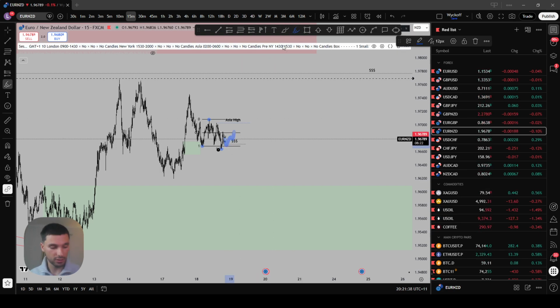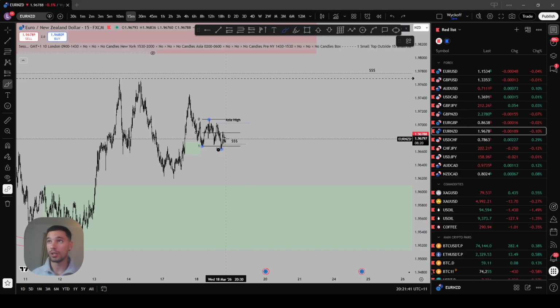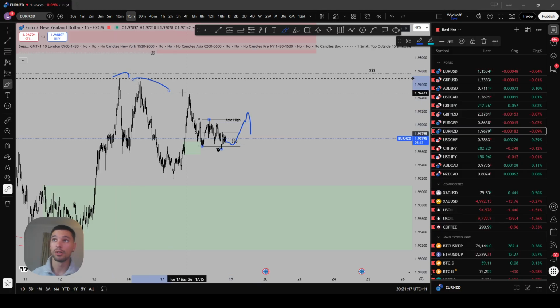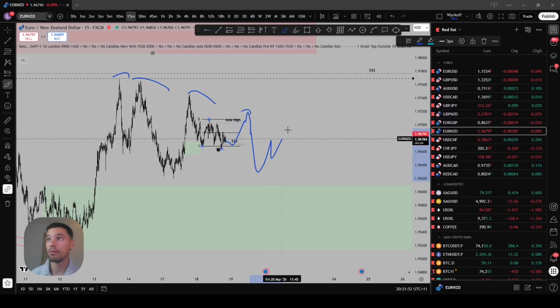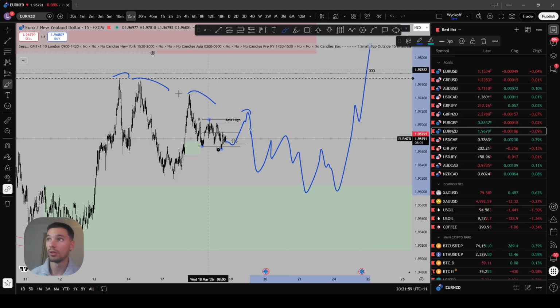Because we can simply create this lower time frame accumulation, which is successful. We hit range high, we make another deviation, another lower high like this, and then we come back down, form some sort of accumulation here, and then we run this all the way back up. So something like this can happen, and I wouldn't say it's very, very high probability, but it can happen, and I won't be surprised if it does.